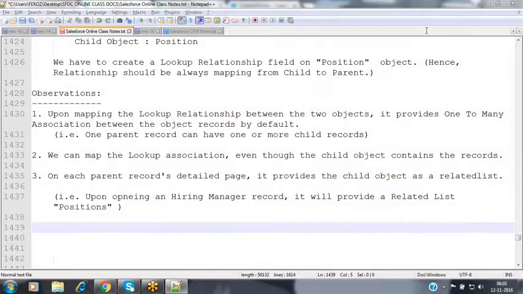Nothing but on each and every parent record detail page, it is providing that child object as a related list. These are the various related records associated with this parent record right now.